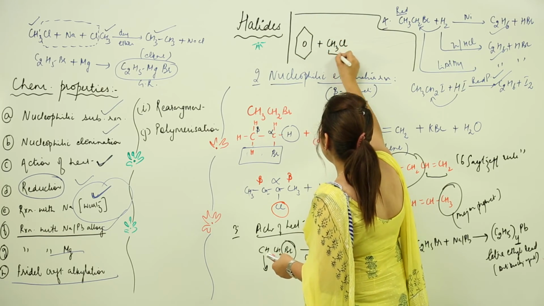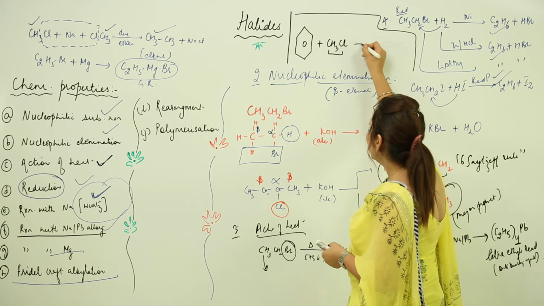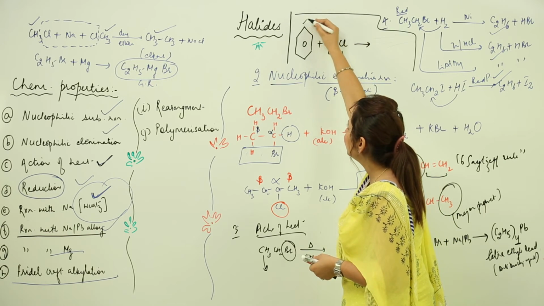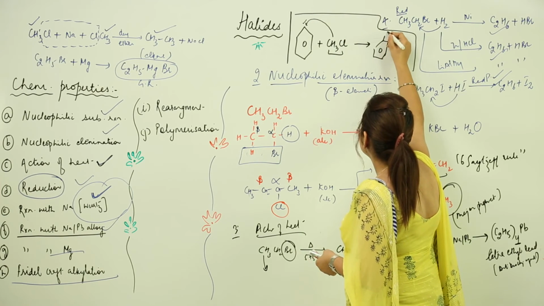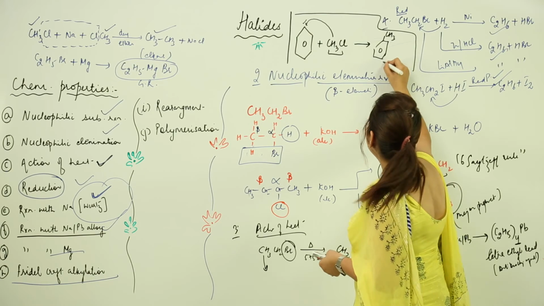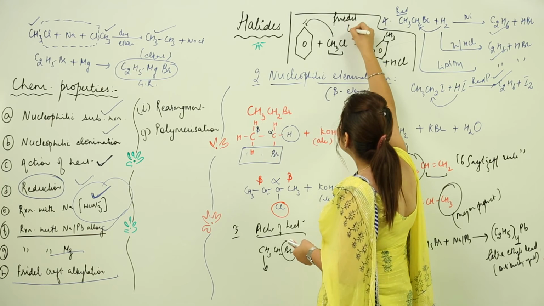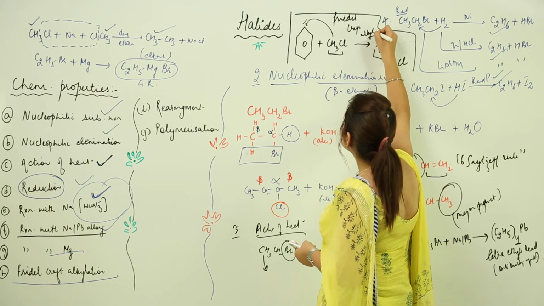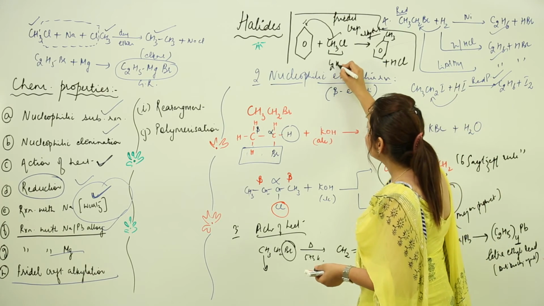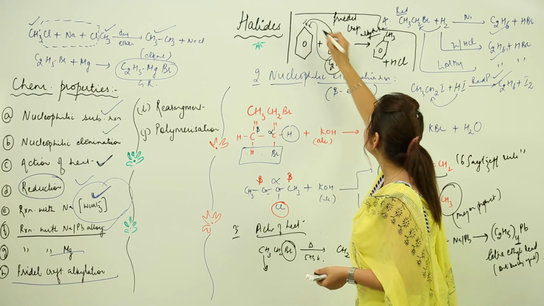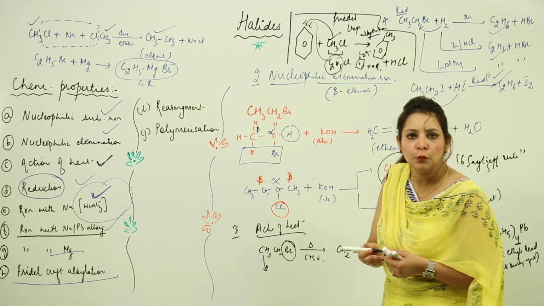So let's say I have this methyl chloride, that is a haloalkane, and I am going to react it with benzene. So the H will get replaced and it will be replaced by a CH3 group. So I will get this thing that is called toluene, and we will get HCl. This is called Friedel-Crafts alkylation, because as a result the alkyl group gets attached. Otherwise, if it is replaced by C2H5Cl, then C2H5 will get attached to this place and we will get this kind of thing, again with an HCl molecule.